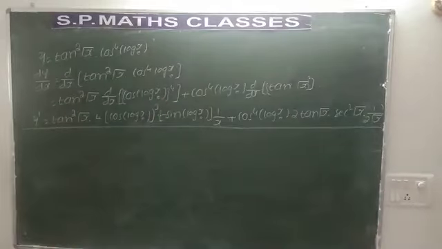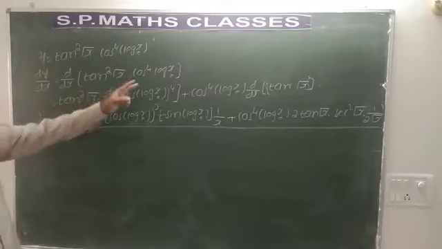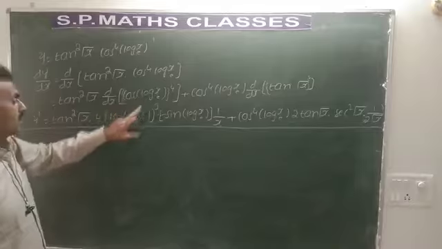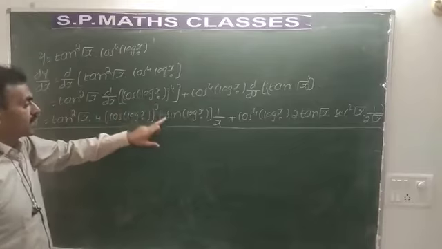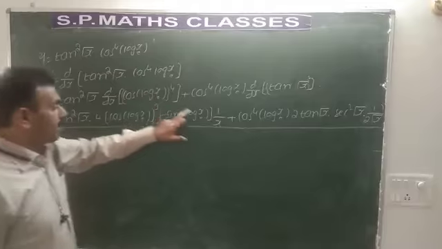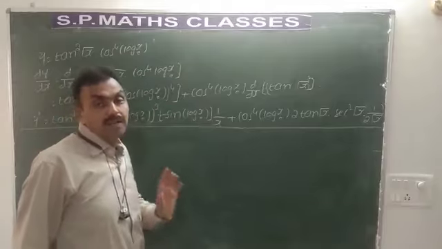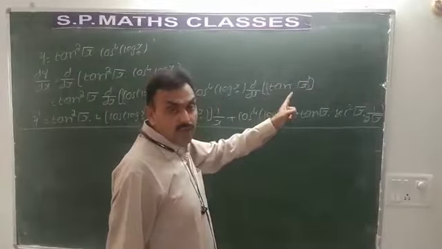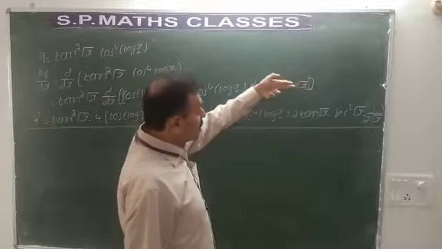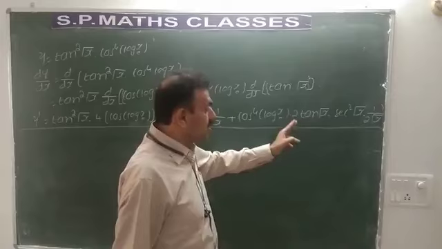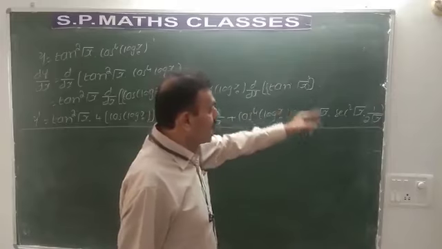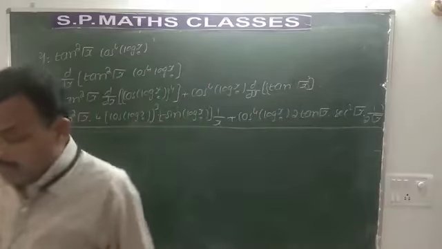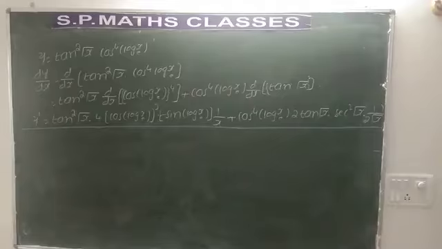Please concentrate. You need to practice these type of problems. First we apply product rule, then chain rule here. Cos of log x power 4, 4 cos of log x power 3, derivative of cos log x minus sin log x into derivative of log x is 1 by x. Simple function you need to get finally. Then here cos power 4 log x, here tan square root x is written as tan root x power 2. This is of the form x square. So it is 2 tan root x into derivative of tan root x, secant square root x, derivative of root x, 1 by 2 root x. That's how we'll take the derivative. So please concentrate.